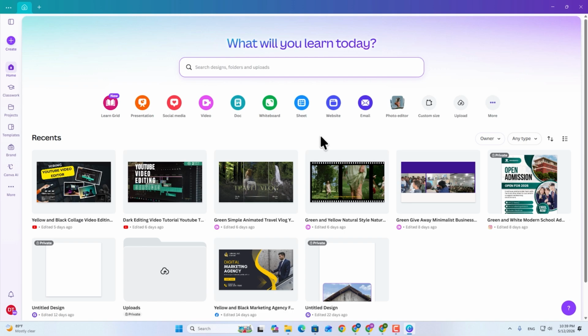your PC. And that's how you can install the Canva Desktop app on a Windows 11 PC or laptop using